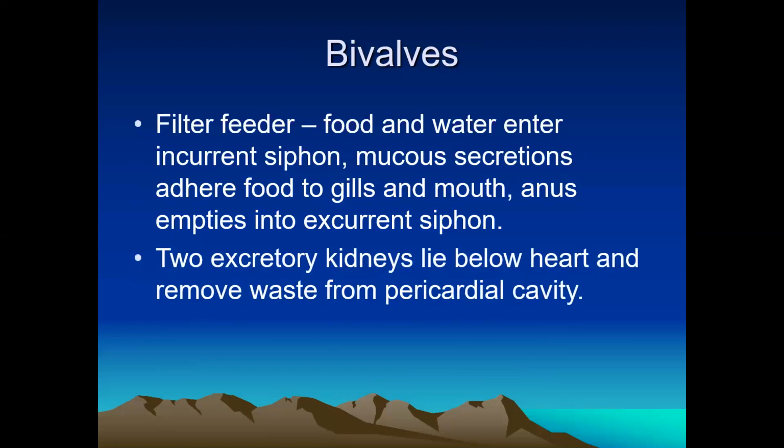We find two excretory kidneys that lie below the heart and remove waste from the pericardial cavity. Pericardial means cardia is heart, and so peri is like kind of sort of heart cavity. All right,